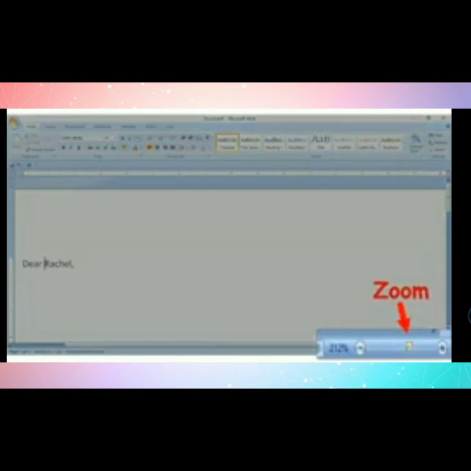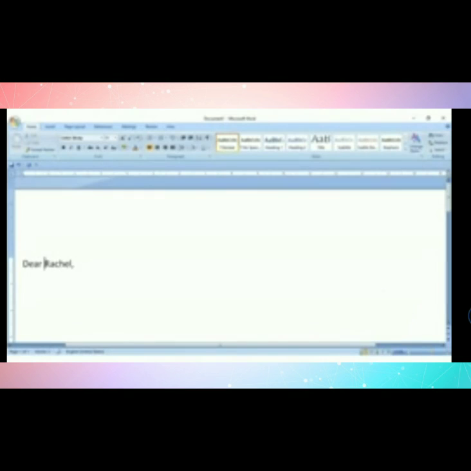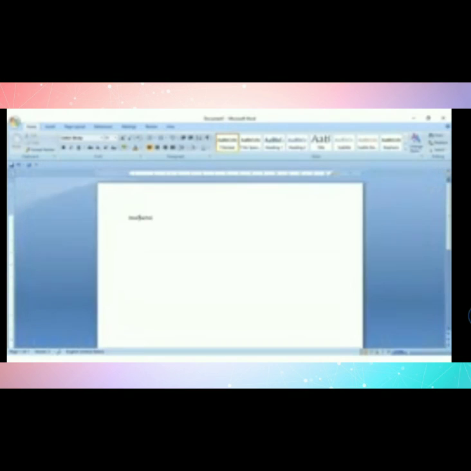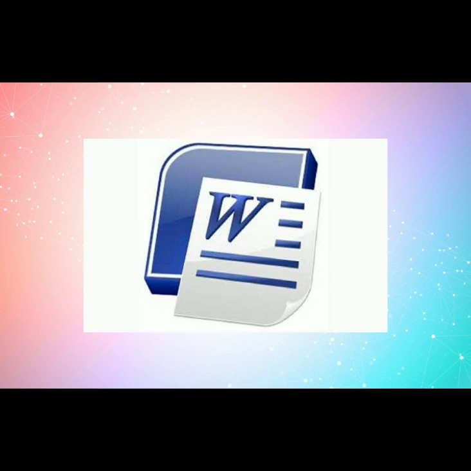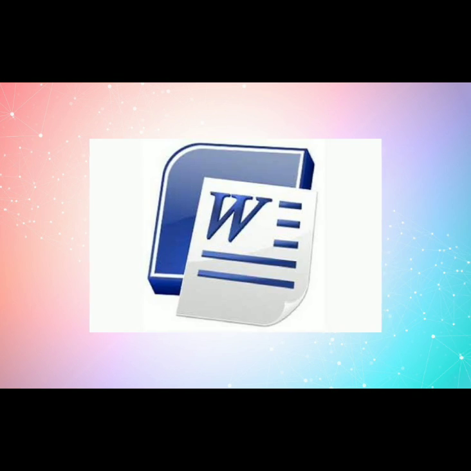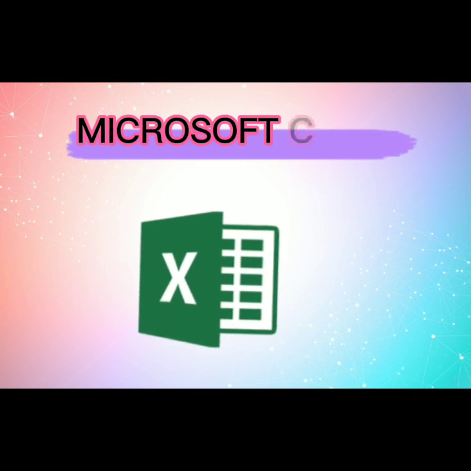At the lower right corner of your window is the zoom tool. We use that to zoom in and zoom out of your document. You won't see your horizontal scroll bar if your document or text area fits on your screen. So that's all for Microsoft Word, and next we will talk about